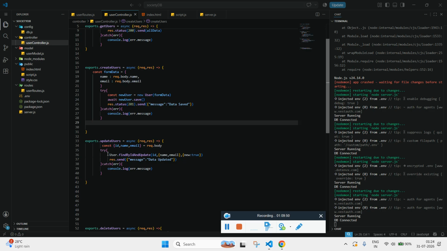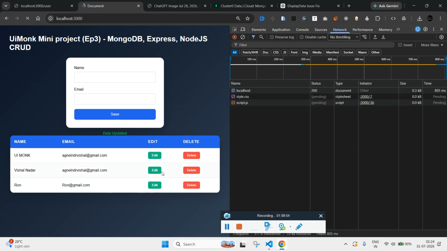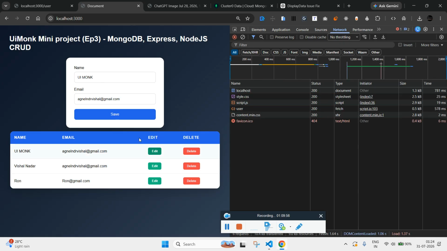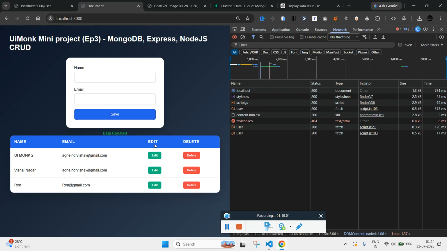One such problem is it should be await. Let's try UI monk 2, click on save. Yes, it is getting updated. Click on edit. It's Ronald,